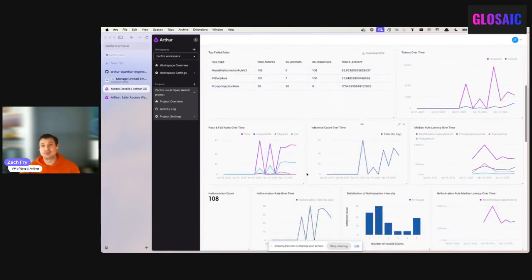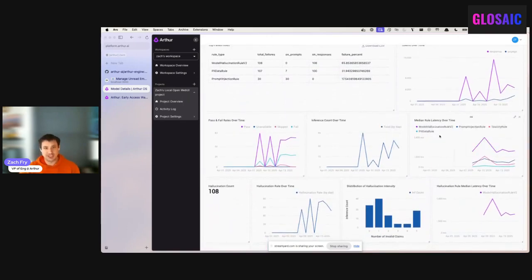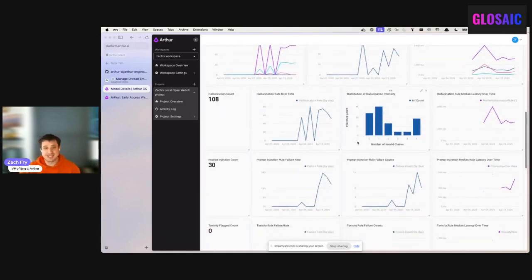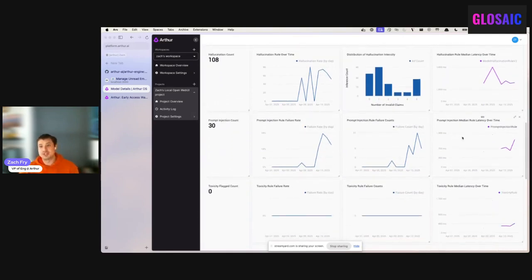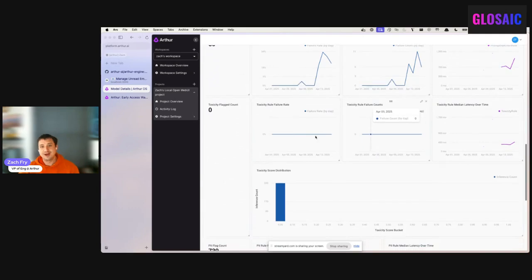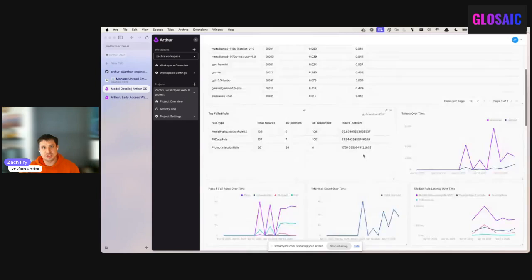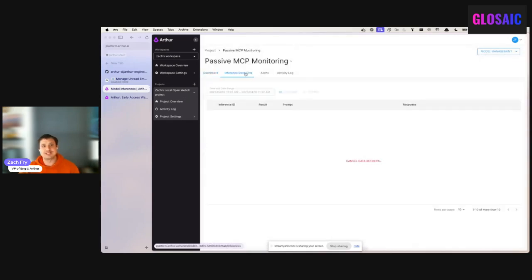For some of the evaluations that we're monitoring, we can look at latencies, the total number of counts, as well as how often we're detecting that the model is hallucinating, how often we're detecting a prompt injection attack, acceptable use policies, toxicity, as well as whether or not personally identifiable information is being leaked across those boundaries. And if I dig into this even a little bit further, we'll be able to click in